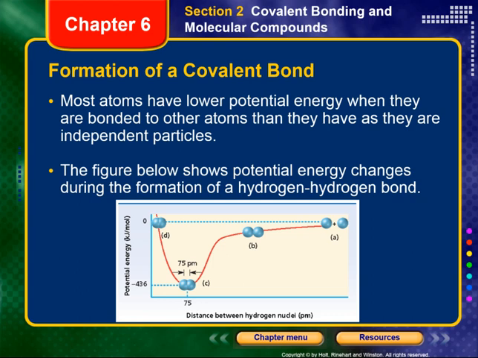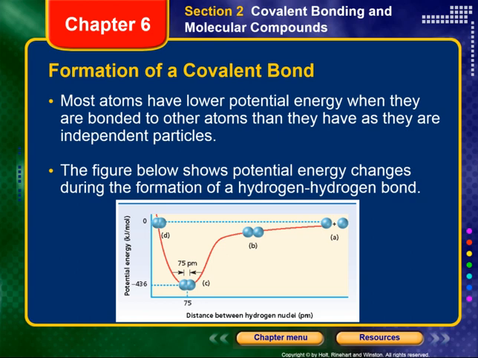And what we see is when the distance between the two nuclei is very, very small, or very, very large, the potential energy is very, very high. And so nature is not going to favor either of these configurations. However, this distance between the two nuclei results in the lowest potential energy possible. And it just so happens that for two hydrogen nuclei, that distance occurs at 75 picometers, which is